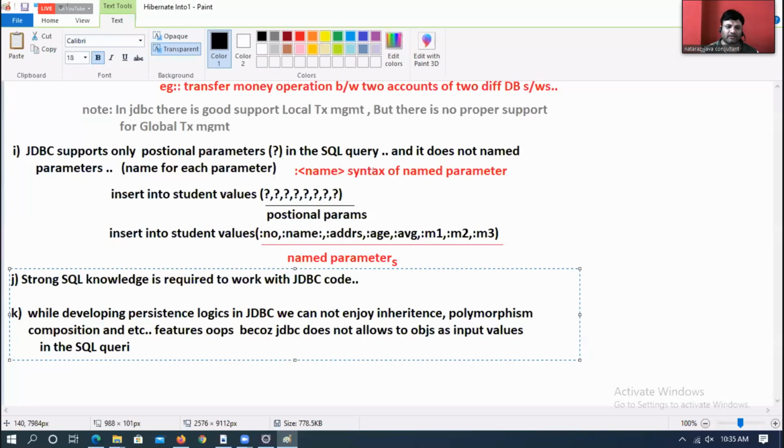Someone is asking what is composition. In class A, if we create a class B object, that is called composition. Okay? Come on. Show some maturity.